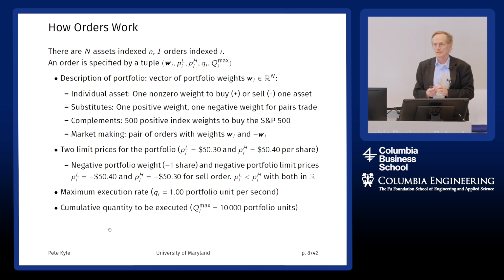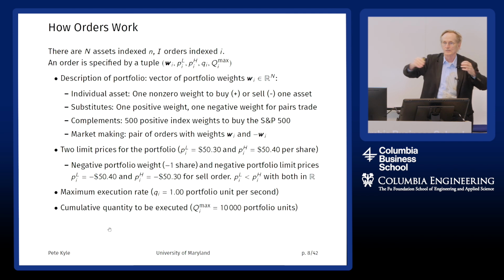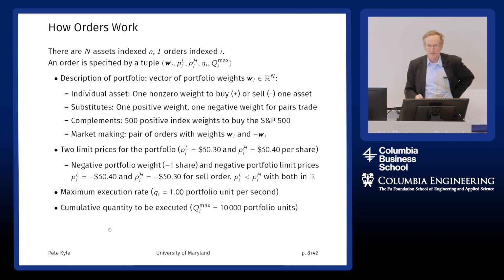Then q here, lowercase q, think of it as the rate. It's the number of shares that you would buy at one auction, keeping in mind they're occurring every second. So we like to think of that as being something like one share if you're trying to buy shares of stock. And then there's Q max, capital Q, which is the total number of shares that you want to buy. It might be 10,000 shares. And if you placed an order with a high enough limit price to buy, you would then buy your 10,000 shares, one share at a time, over 10,000 seconds, about 3 hours. So that'd be a patiently executed order to gradually execute in order to buy 10,000 shares.